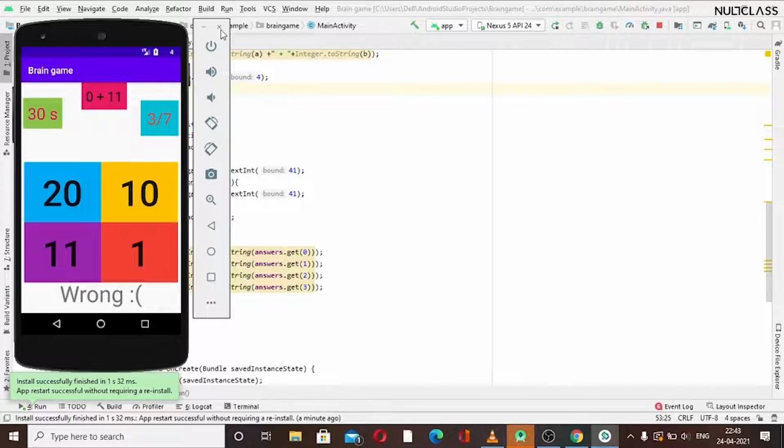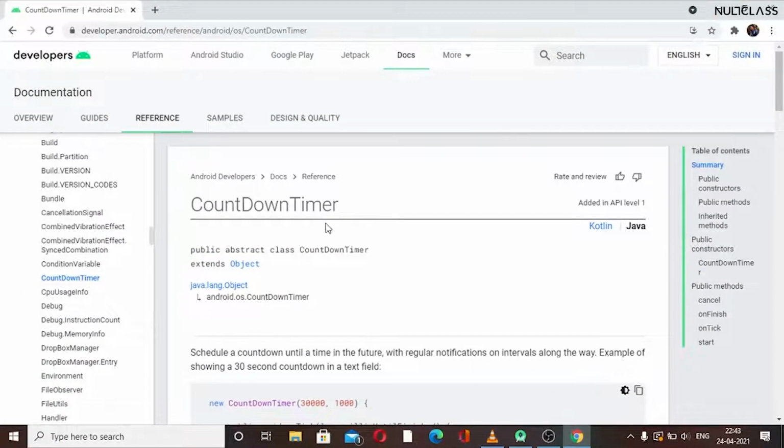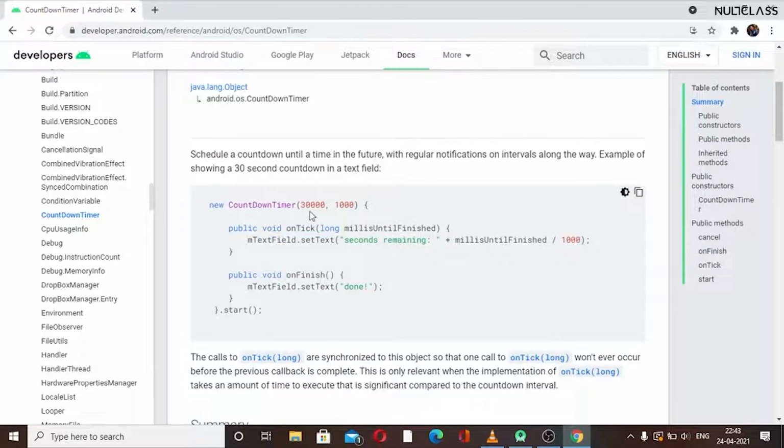Okay, so how can we do that? We first have to look for that. We have a countdown timer, like we can see we have a countdown timer. By writing the code we can decrease the time. We will use this new CountDownTimer, and inside of that we have to pass two things.